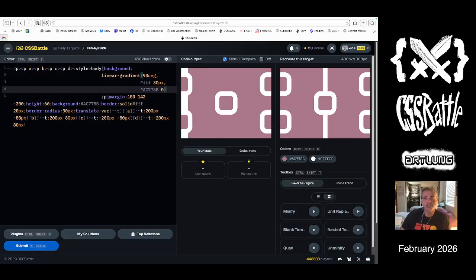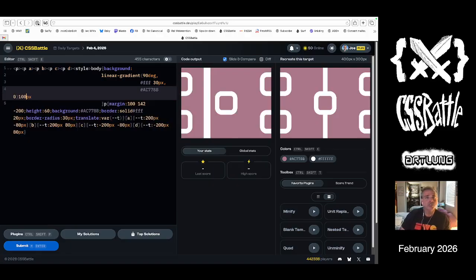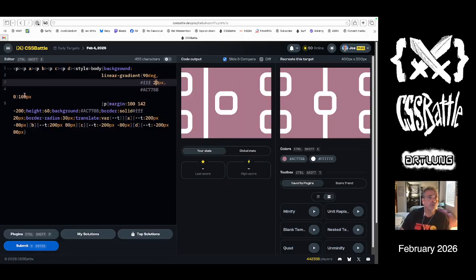Oh, do we need to put margins on it? I think we do. I think we might need to. Oh, it's not 30. Is it 20? Okay, it's 20 pixels, and then we move it over